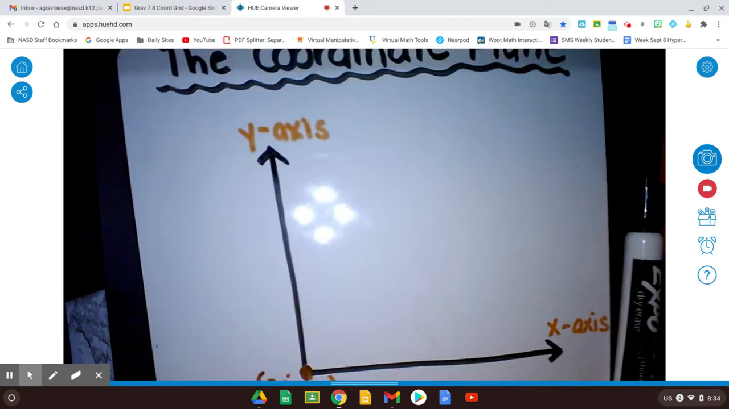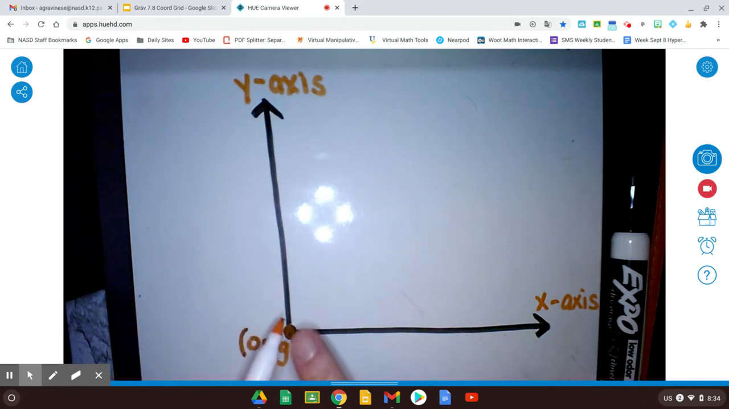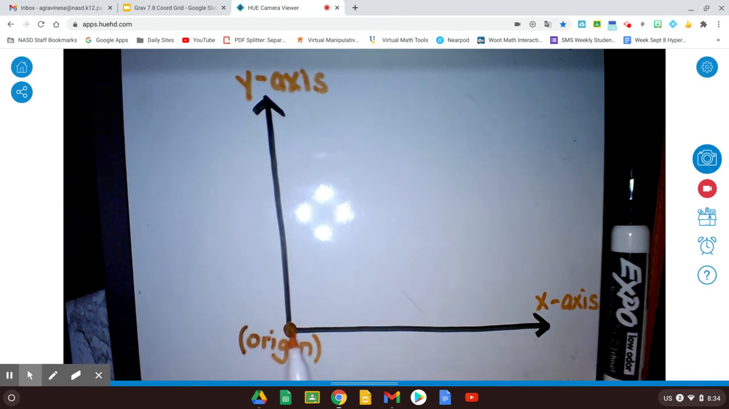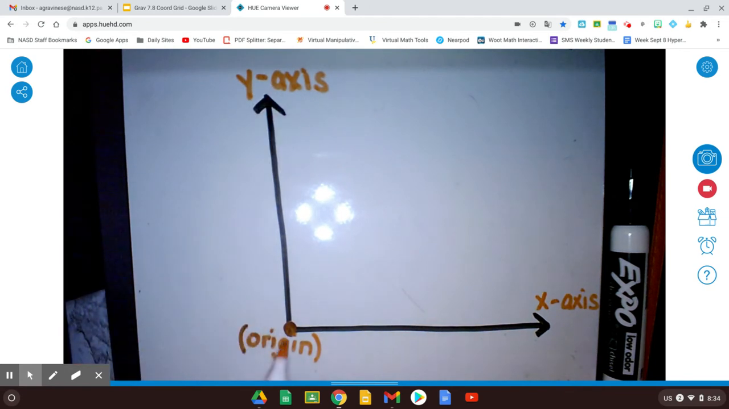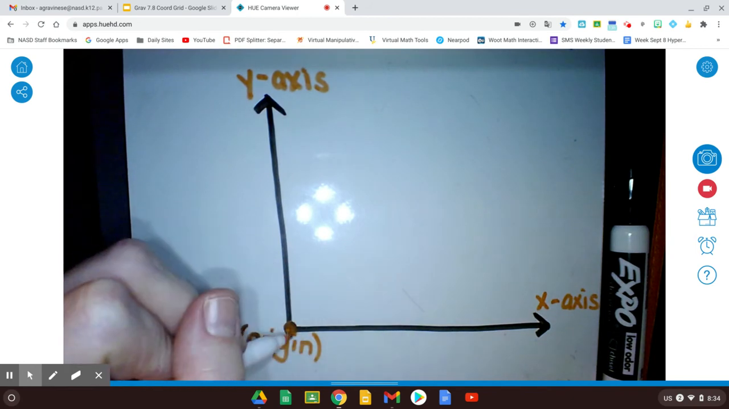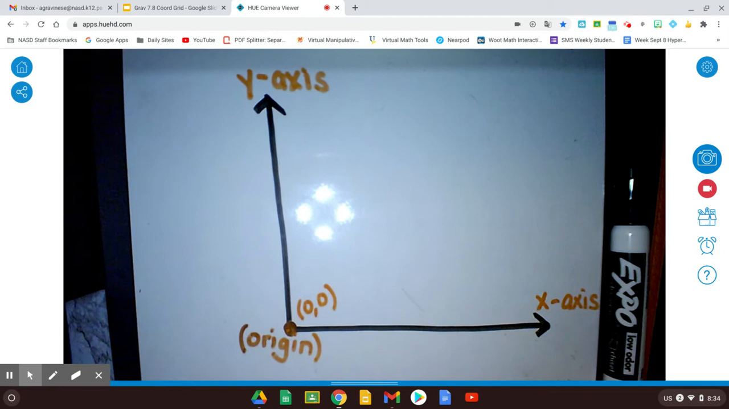So just to recap, this is the coordinate plane. It is made up of two lines that meet at a perpendicular or right angle. The horizontal line is called the x-axis, and the vertical line is called the y-axis. The place where these two lines meet is the origin. And just another fun fact, the origin is at point 0, 0. So the ordered pair for the origin, you go over, none, and you go up, none, because you're staying right